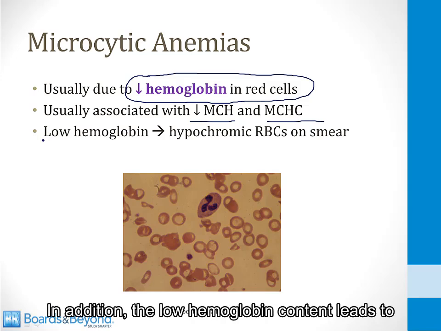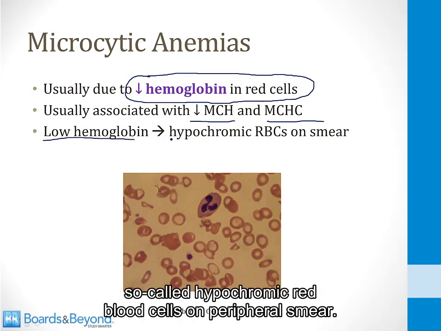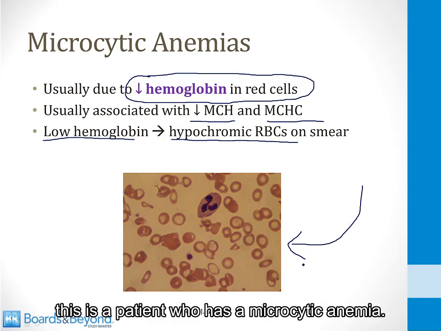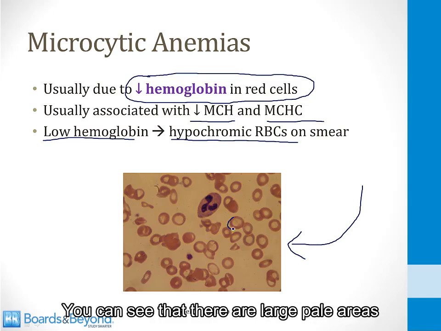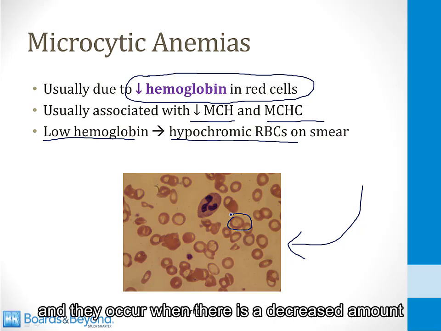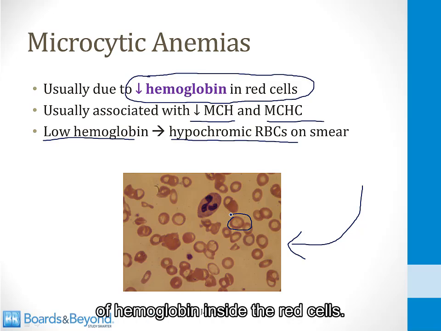In addition, the low hemoglobin content leads to so-called hypochromic red blood cells on peripheral smear. If you look at this picture on the screen, this is a patient who has a microcytic anemia. You can see that there are large pale areas in the center of the red blood cells. These red cells are called hypochromic, and they occur when there is a decreased amount of hemoglobin inside the red